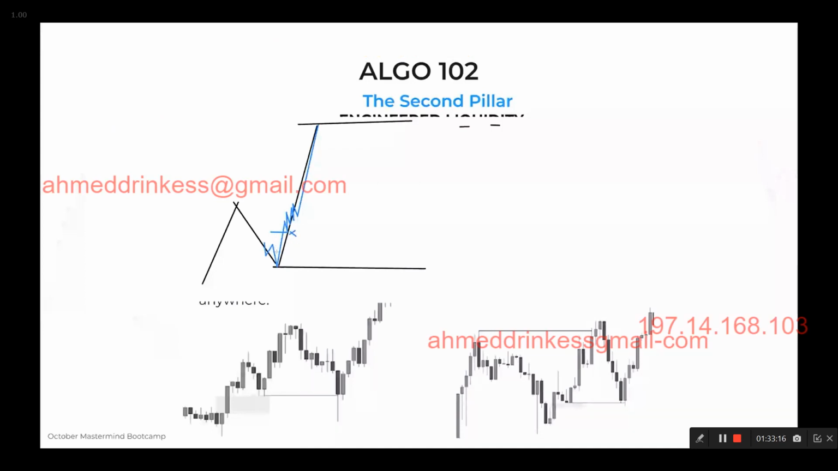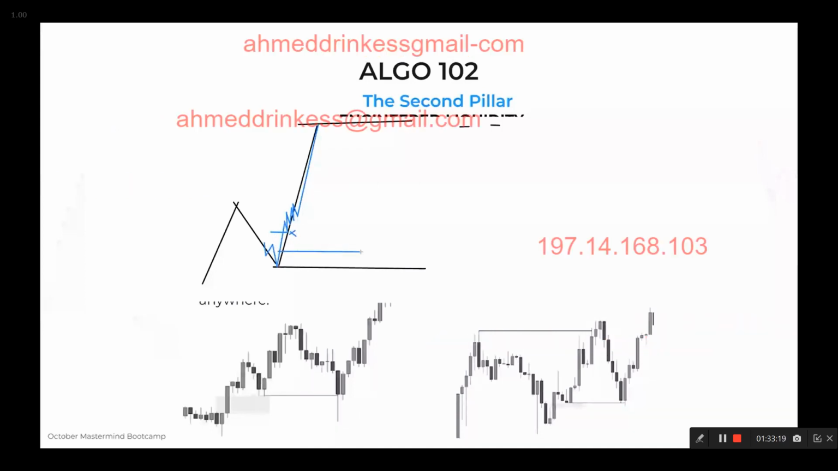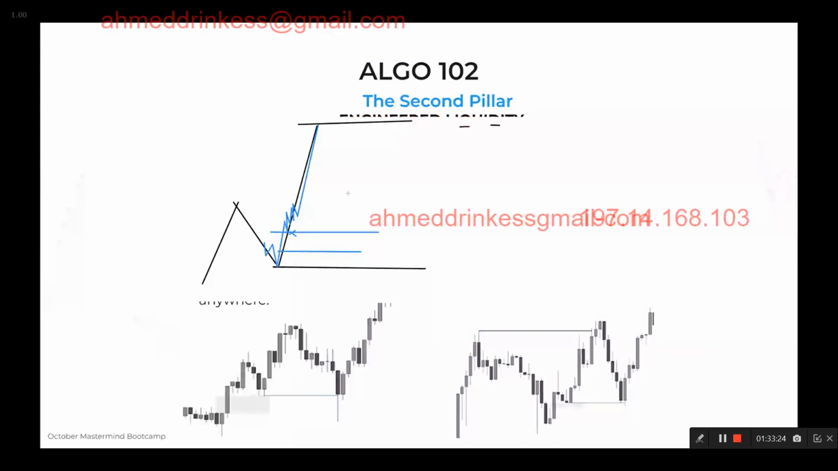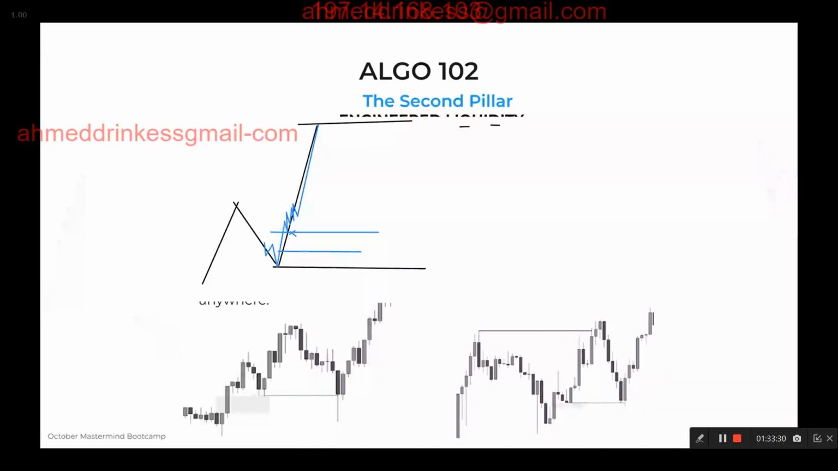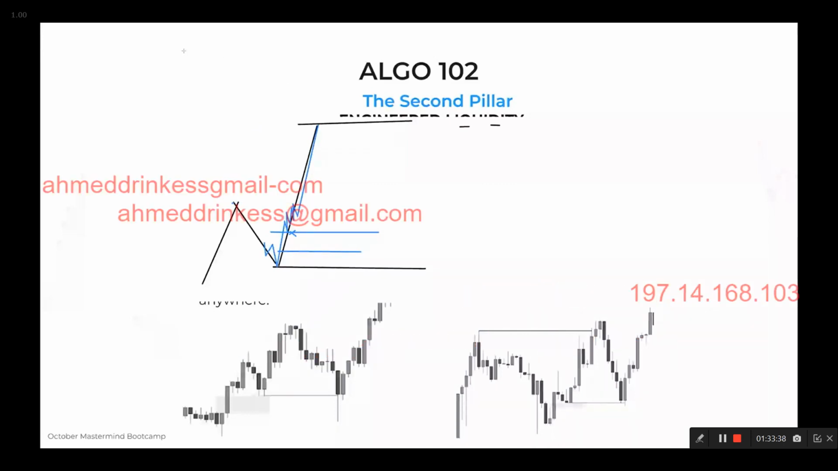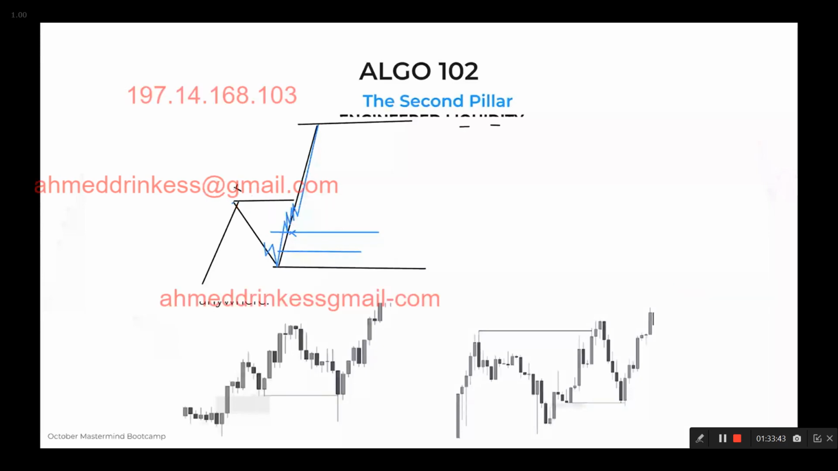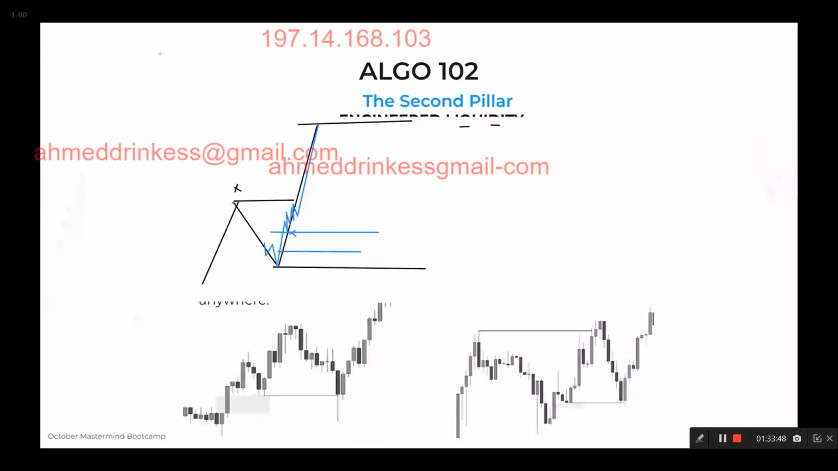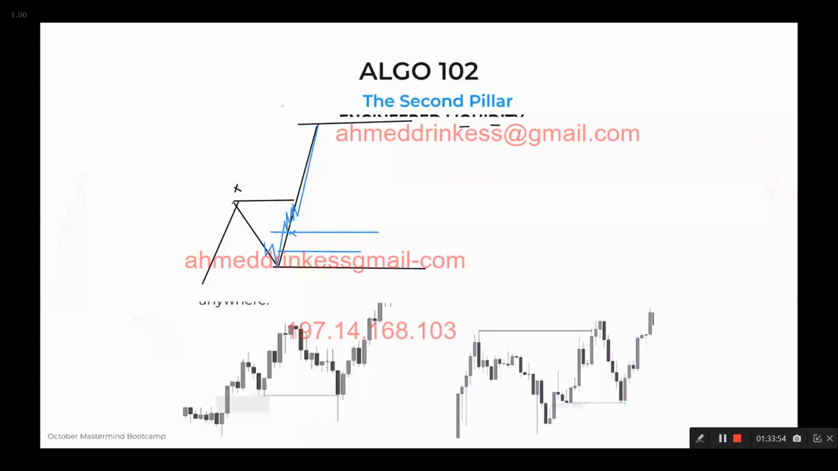Also, there is an imbalance that is left behind here to here. This is what we call the transactional point of the algorithm, because this is the first internal liquidity point that causes structure to be broken. So what happens is after we take out an inducement, price should come back to here. And any order block along the way,